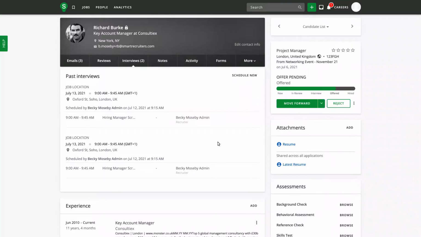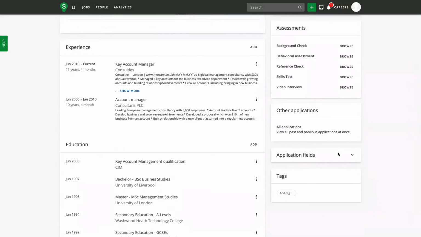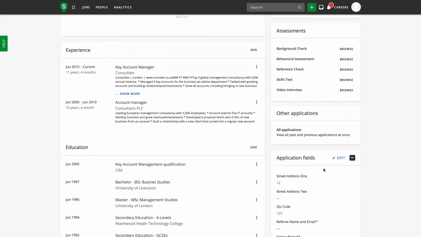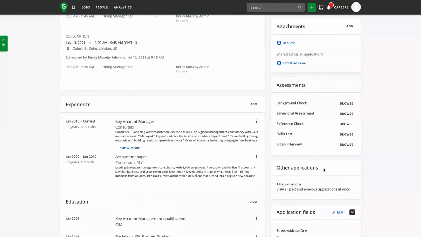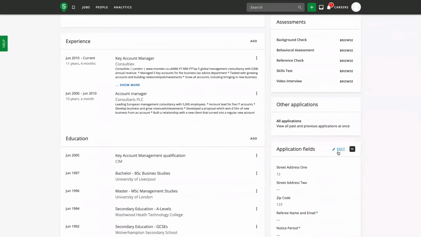Before we dive in to settings and admin to take a look at how we configure those, I just want to show you first where that information can appear. So the first area where we can see candidate fields is in this section on the candidate profile called application fields. They're called application fields because the information that is entered here relates specifically to this application for this candidate. So the candidate may have multiple applications in which the information recorded here could be different per application.